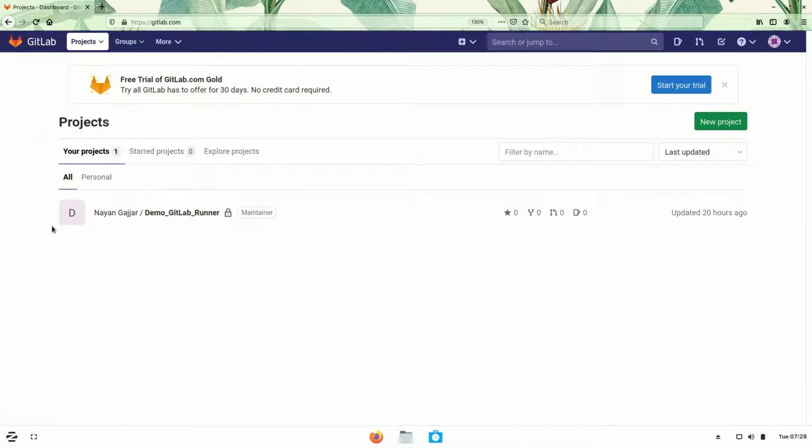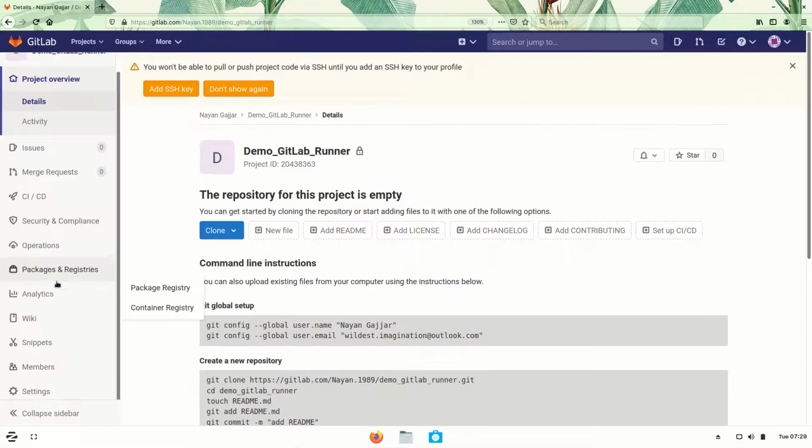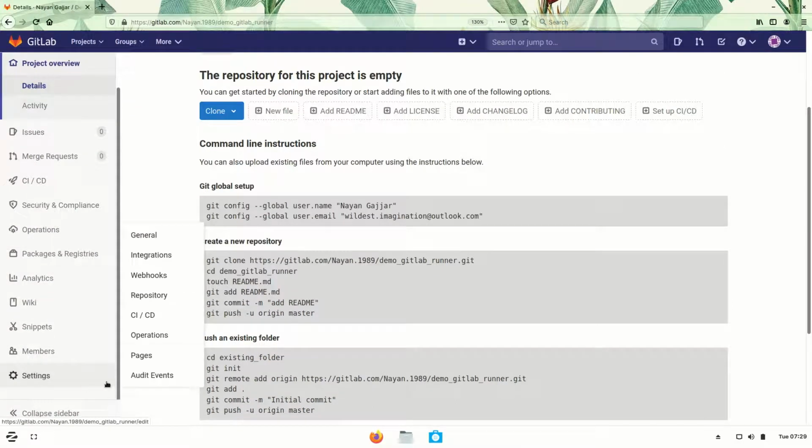Okay, now I have logged in to my GitLab account. Next thing we need is a project. If there is no project, you need to create one, and if the project is already there, you need to open that project. You need to go to Settings, CI/CD.